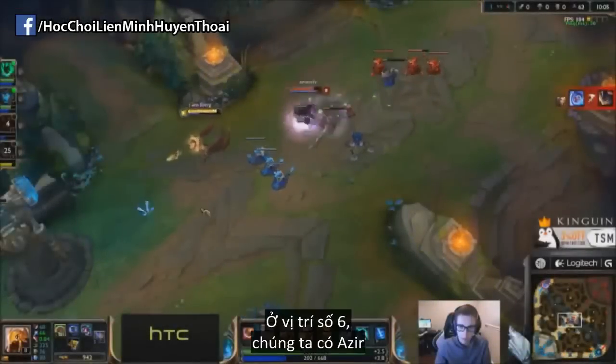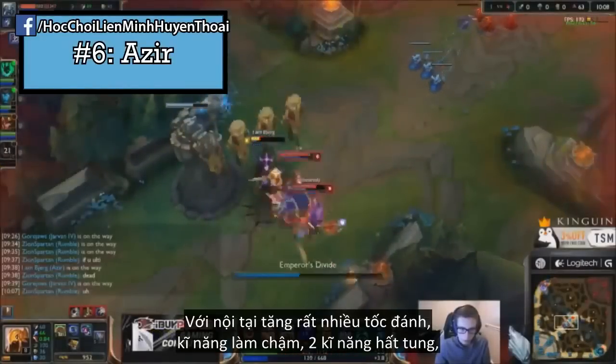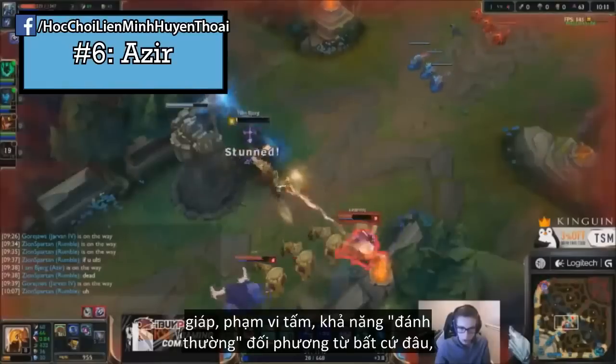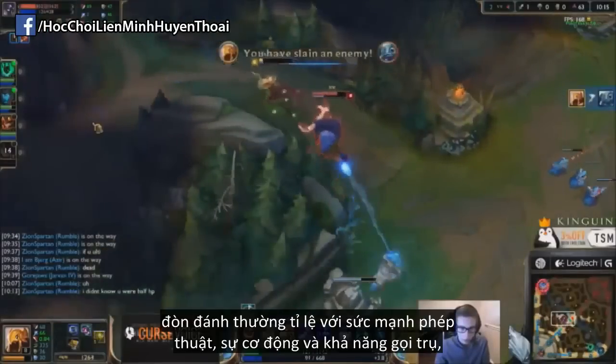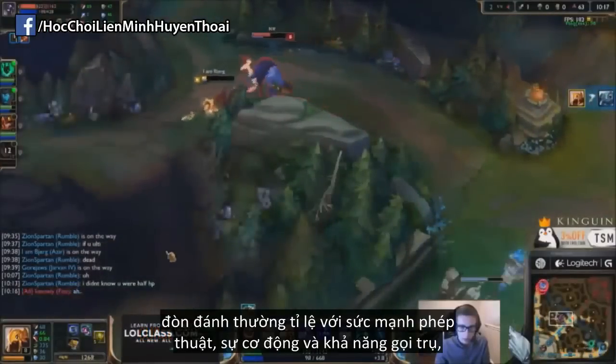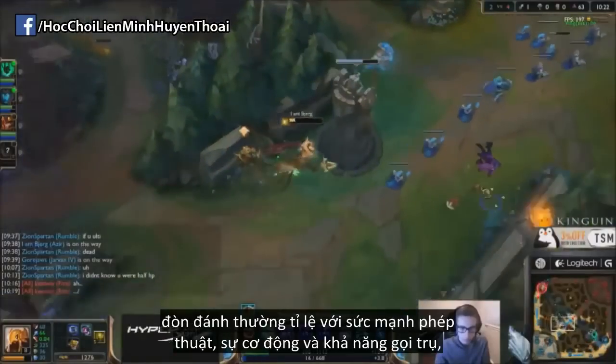And at number 6, we have Azir. With his passive to give him a ton of attack speed, a slow, 2 knockups in his kit, a shield, super high ranges, and the ability to manipulate where his auto attacks are coming from, and having auto attacks scaling off of AP, extremely high ranged mobility, and let's not forget the ability to create turrets,